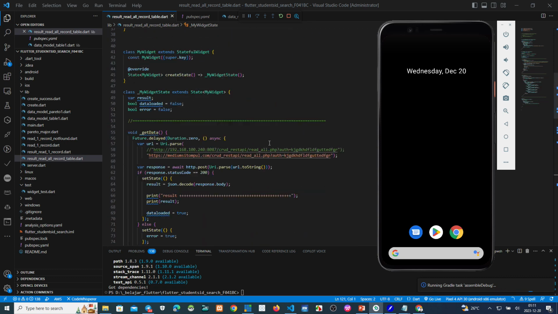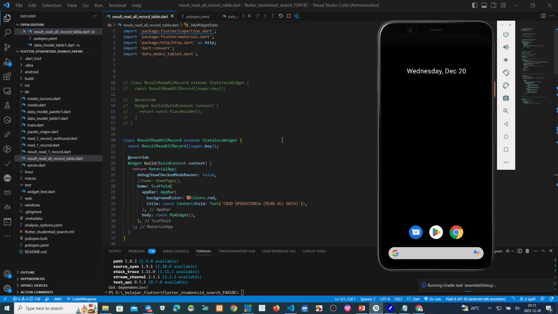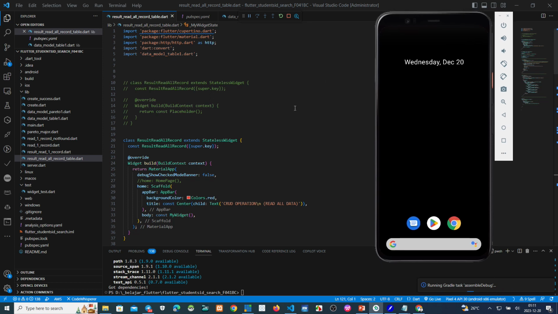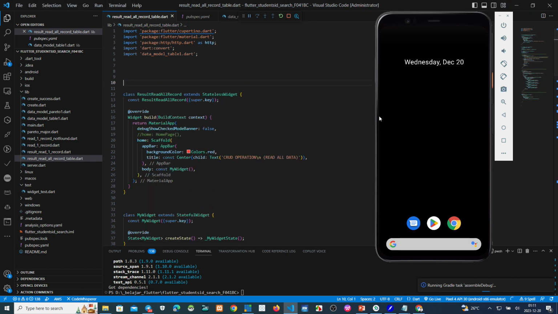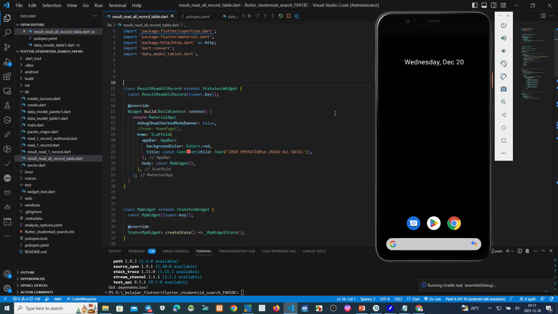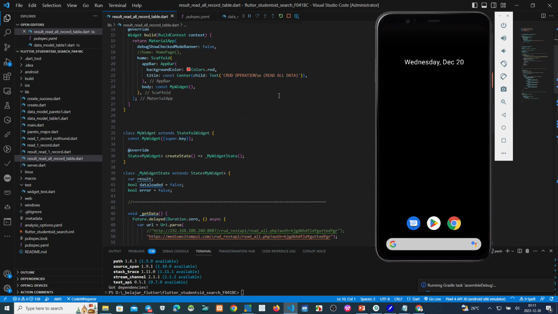Okay, before the results show here, we can see the script. Maybe there is something wrong, or not enough of a script, or something wrong.